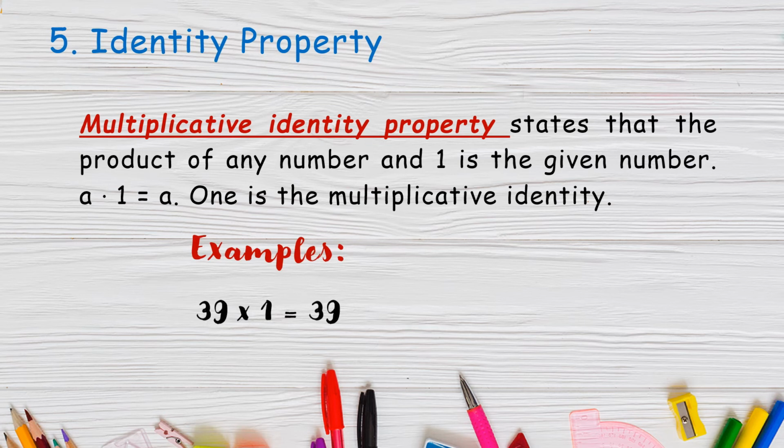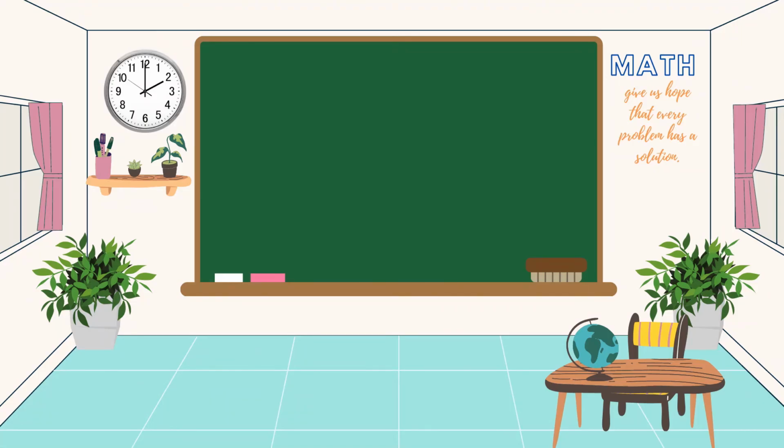39 times 1 is equal to 39. Negative 20 times 1 is equal to negative 20. Remember, any number added to 0 and any number multiplied by 1, the answer will be the number itself. The last property is